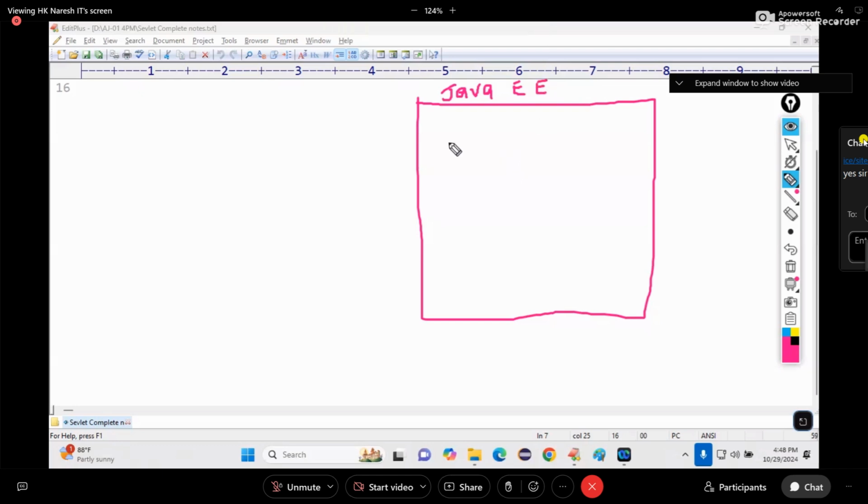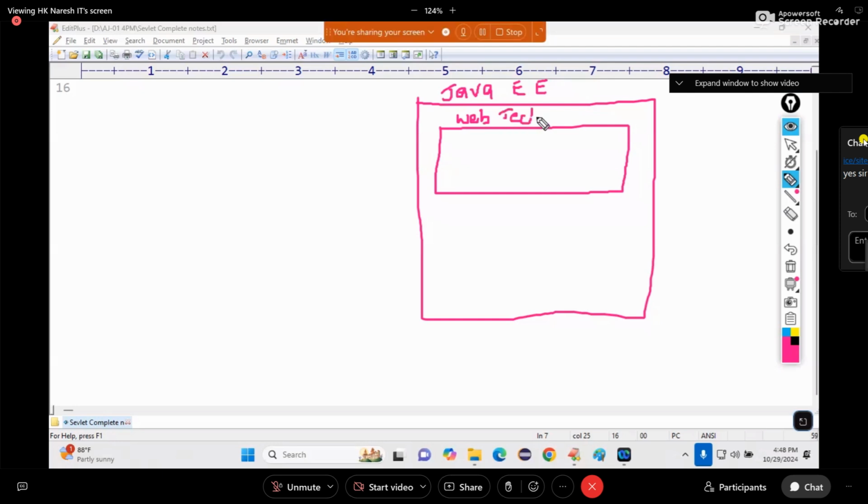In Java EE, we have web technologies. What are the web technologies? Servlet, JSP, JSF.